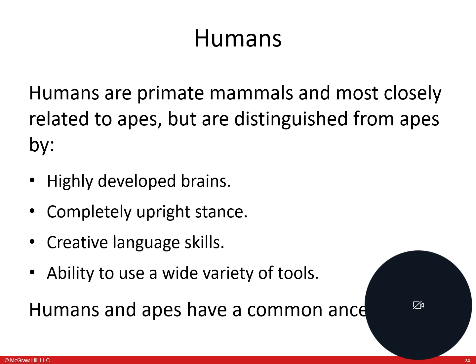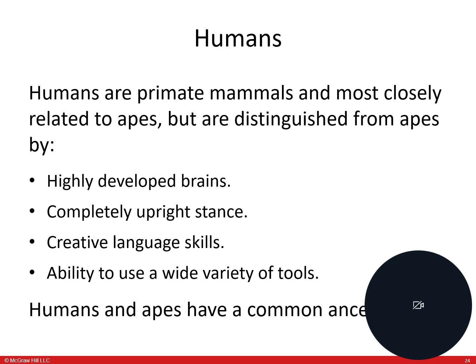So if we look at humans, humans are considered primate mammals. We share that, of course, with primates, which are apes and gorillas. And most closely, we are related to apes. As much as we'd like to think we're not similar to them, we are. They are the only other mammal that has opposable thumbs like ourselves that help us to grasp and hold things, unlike other mammals like our dog, for example, who has one tendon that moves their paw up and down. They can't individually grasp things.